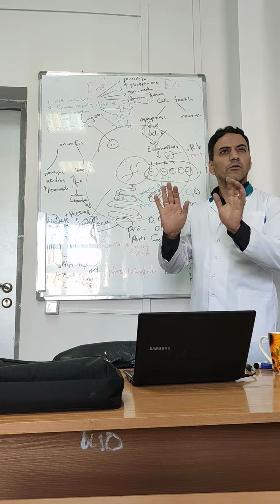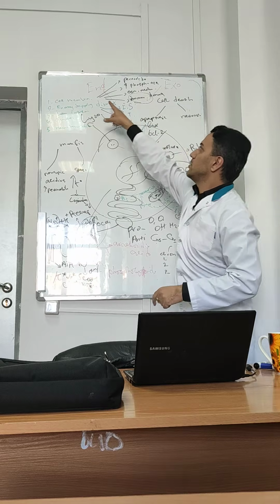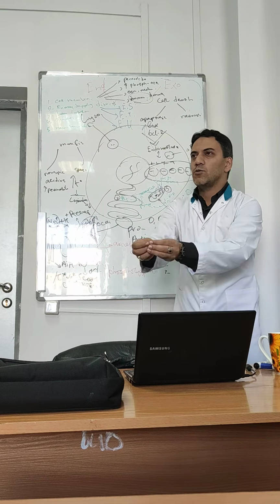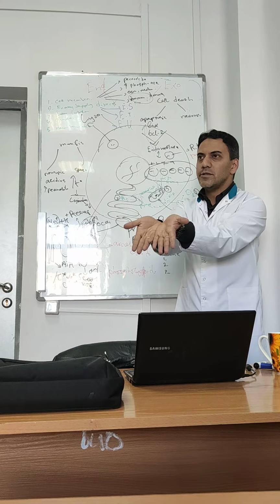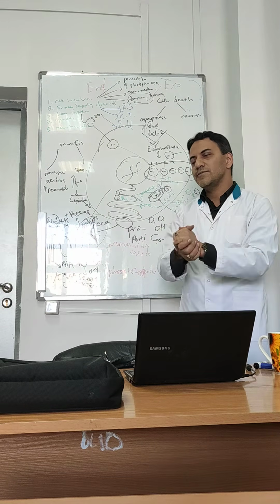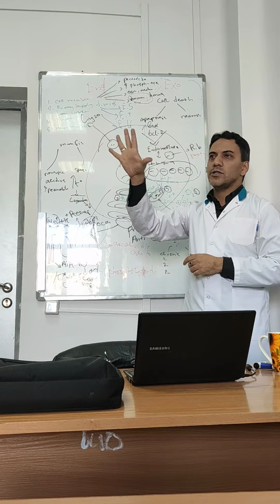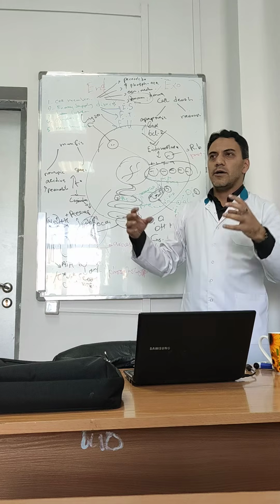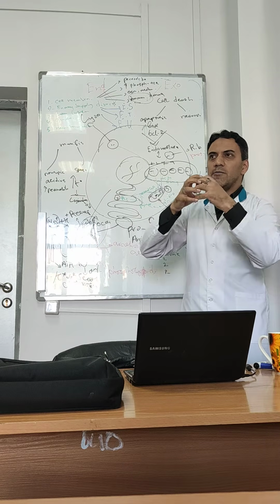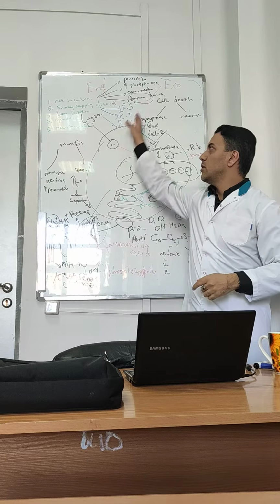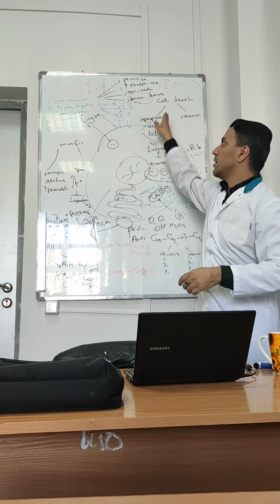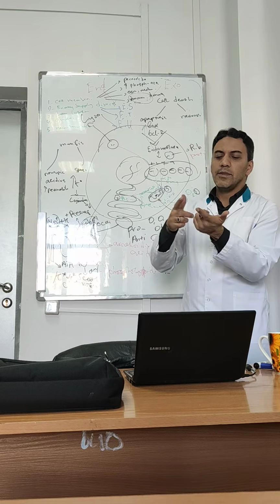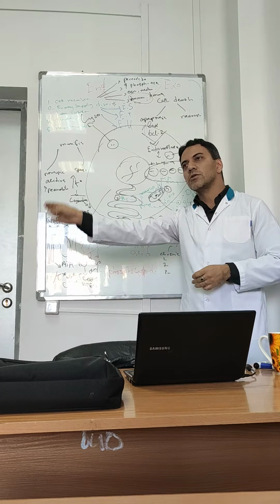I forgot one point in cell membrane damage: what are the consequences? What will happen if the cell membrane is damaged? A lot of things. We have to remember the functions of the cell membrane. Protection, so no protection. Permeability will be high, so any substances can go inside the cell. It's bad. Next, receptor function will be destroyed.